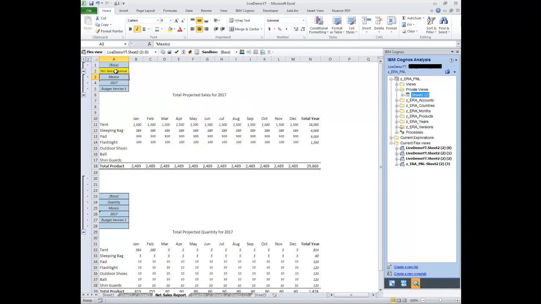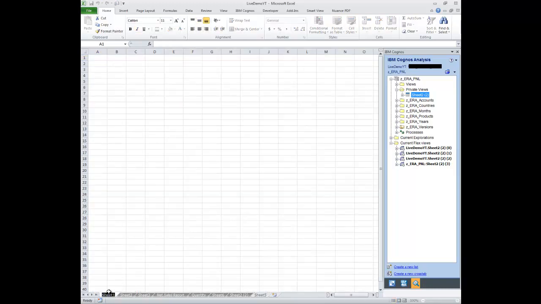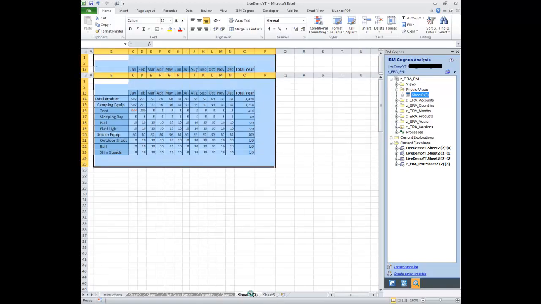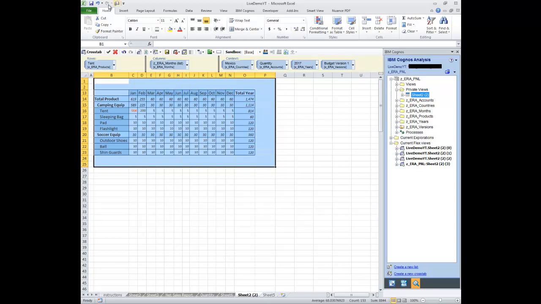So one way to work around that is that you can also do sub-references in these contexts. So I could have an instruction sheet. Let's just say here, instructions, and then I could have here, select country. Alright, and then here I can use a drop down that I can actually create directly from my data directly from TM1. So what I can do now, I could go back into my Crosstab,